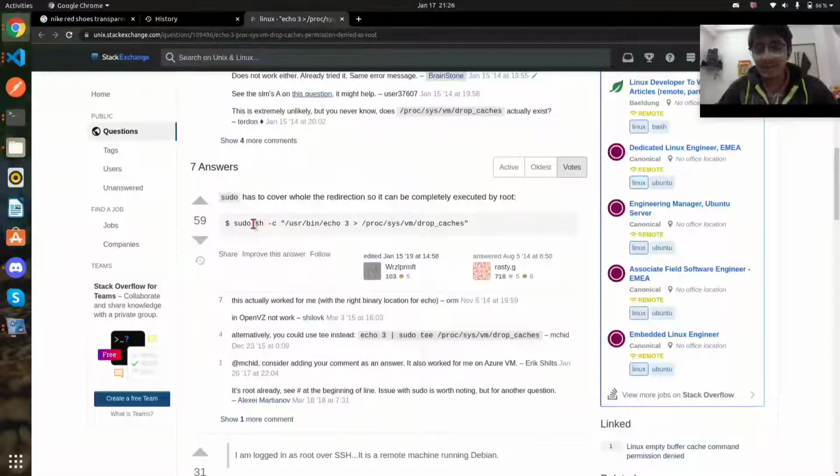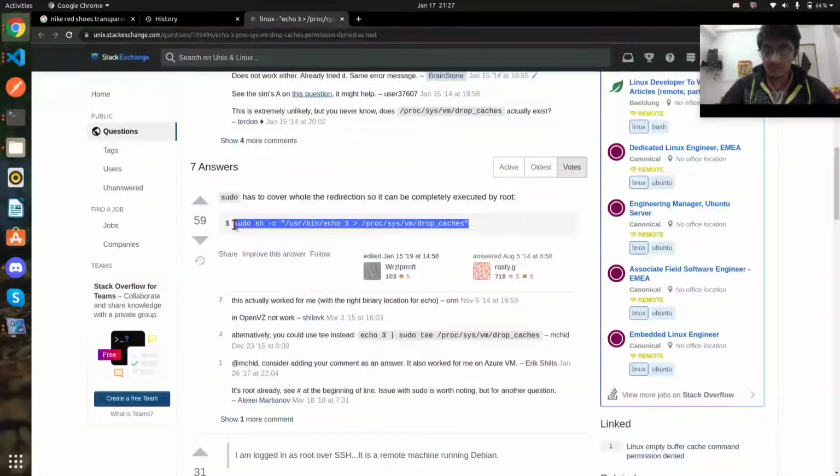As you can see, we tell the terminal to have a shell command execute with -c. What is that? It is the echo command, and we specify it with the absolute path. Okay, and then this is the same part, and as soon as you execute this command, you are going to have no problem of permission denied. So this is the main solution. Yes, let me just quickly show you that it is indeed the true solution.